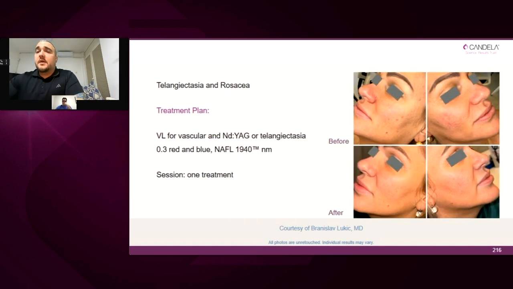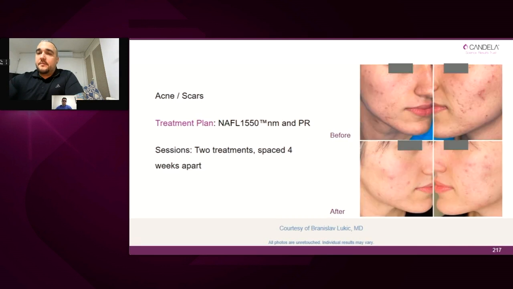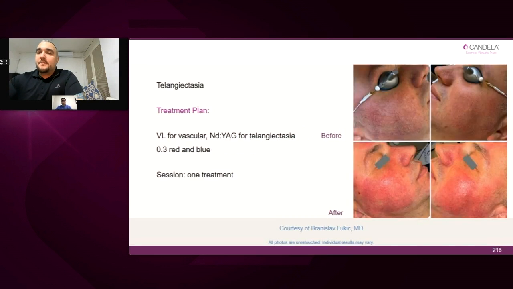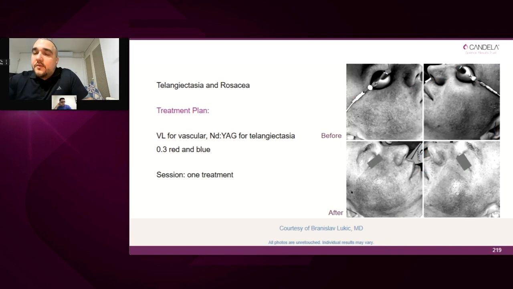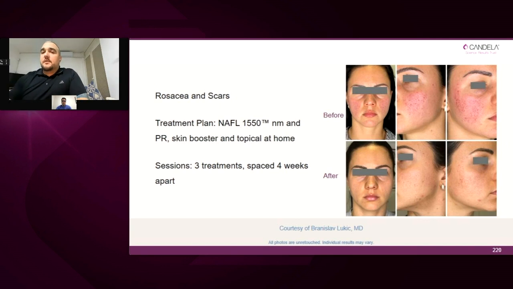Here also we have capillary telangiectasia with rosacea, also a combination with non-ablative fractional 1940. This was already. And here we have extensive redness with telangiectasia, where you can see the removal of all the tiny vessels on this black and white photo, how it looks when you enlarge it. And it's really nice, but this patient will have significant swelling tomorrow. Also here, rosacea with scars, and it's dealt with nicely.